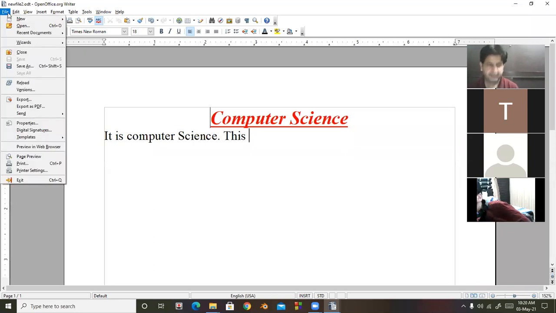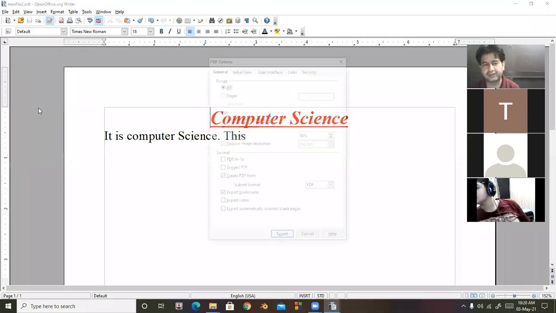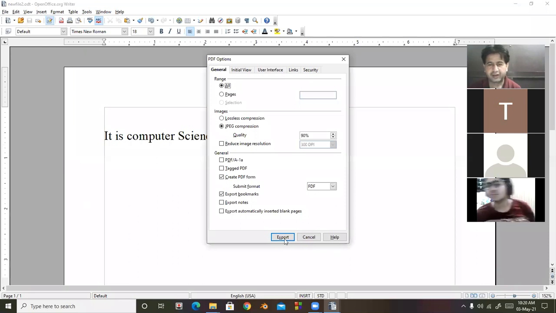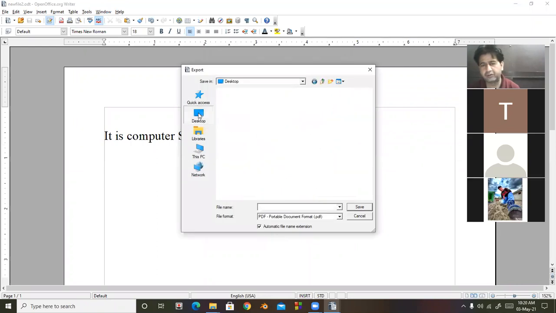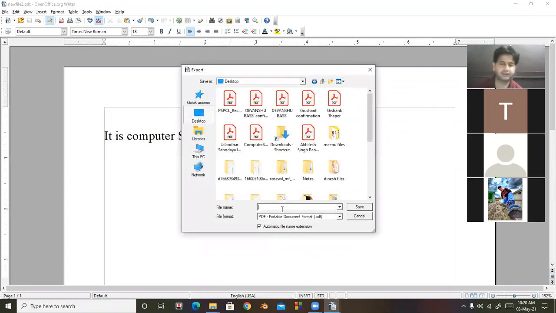And the next important thing is that in case you want to create a PDF file of the same, you will have to click on file, click on export as PDF. Look at here. After that, different options are there. Export, where you want to export this file, on the desktop.